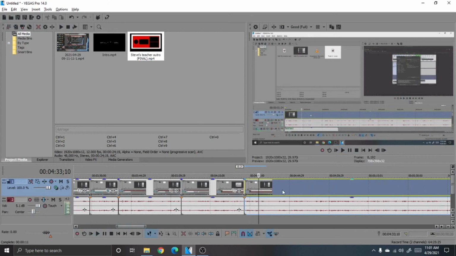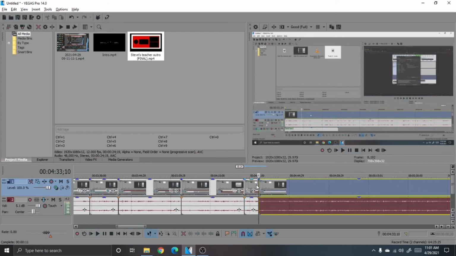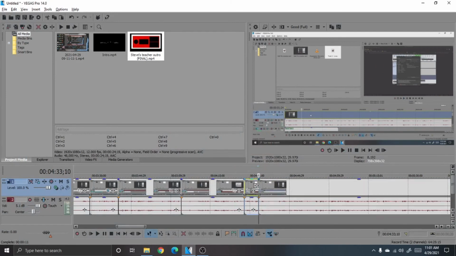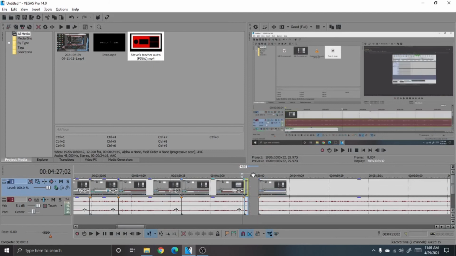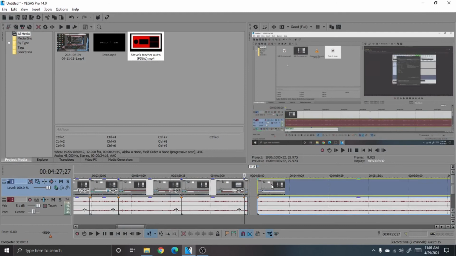Let's say you want to speed it up. What you can do is just cut here, and if we hold control, then we can just drag it. If you don't hold control while dragging it, then it will not work as you thought it might. But anyways, then we can bring that closer if we want to. And now if you play it,